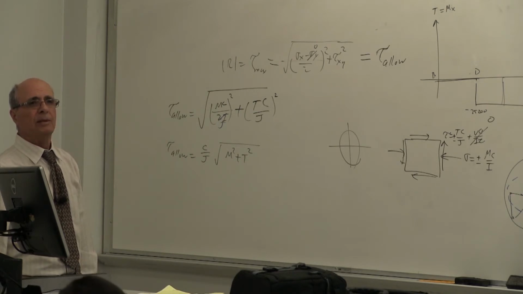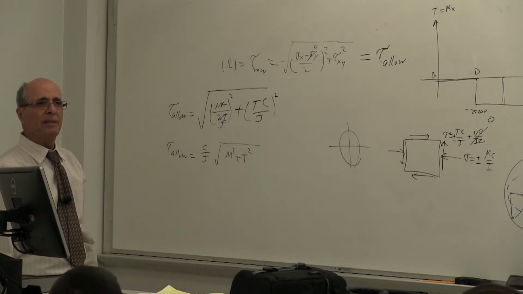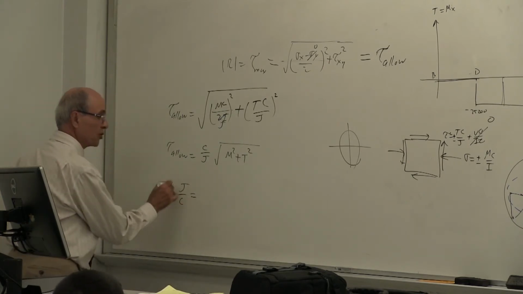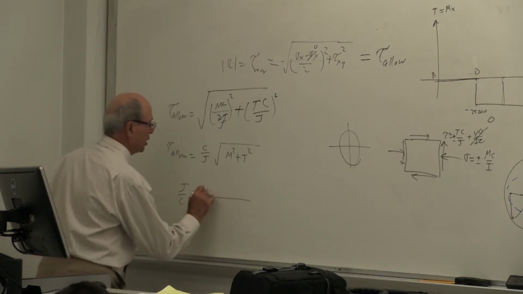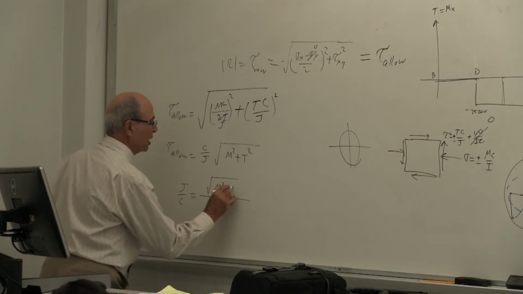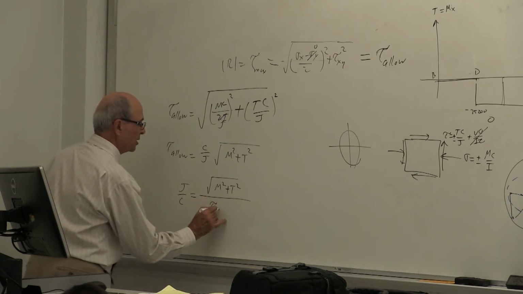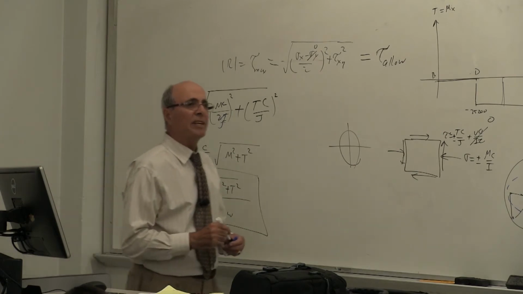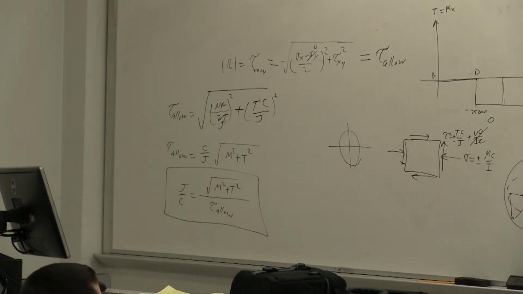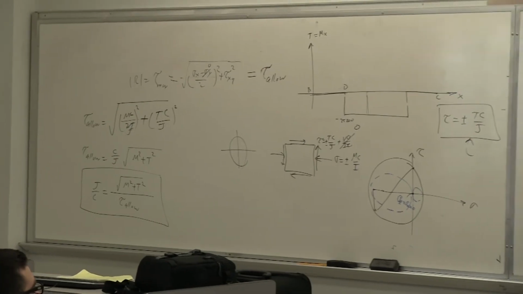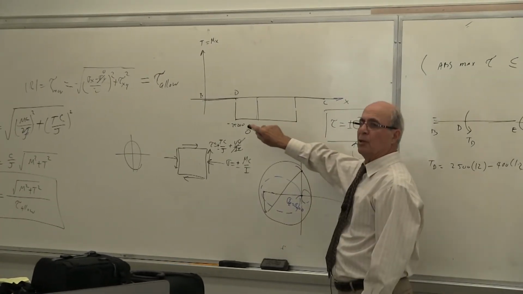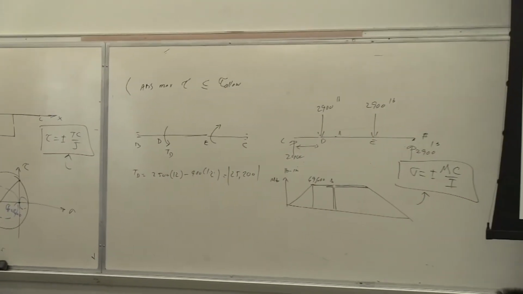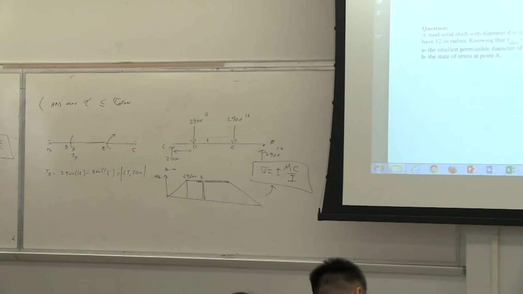Did you see it, everybody back there? Okay, so then we write it down: j over c, which is your size. This is the size you are looking for, equal to the square root of m squared plus t squared divided by tau allowable. This is the result of all 7 steps in one step. All I need is my maximum m and maximum torque. I have the size without going through the repeated trial and error.